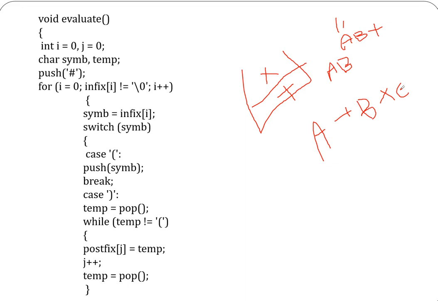Then the next character is c, an alphabet, so that is stored in the list. Now we need to pop out. The last in, first out element is popped first, so I get star first,